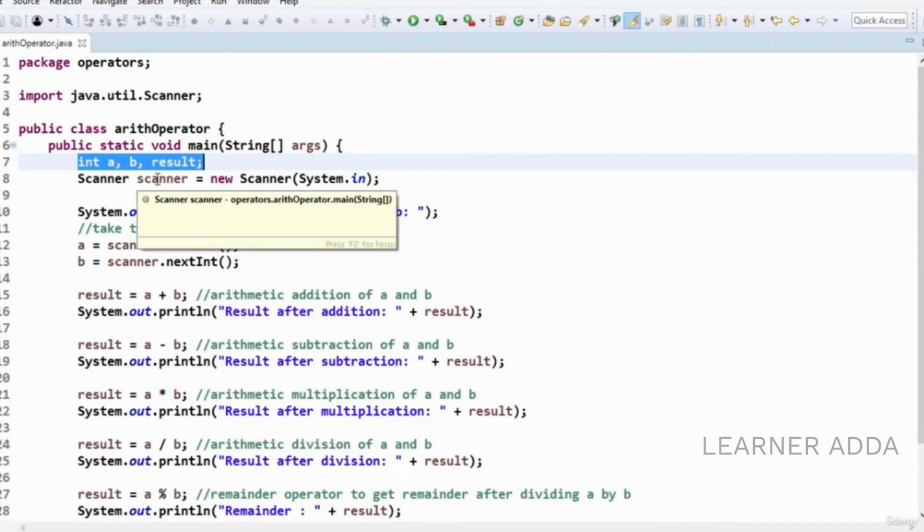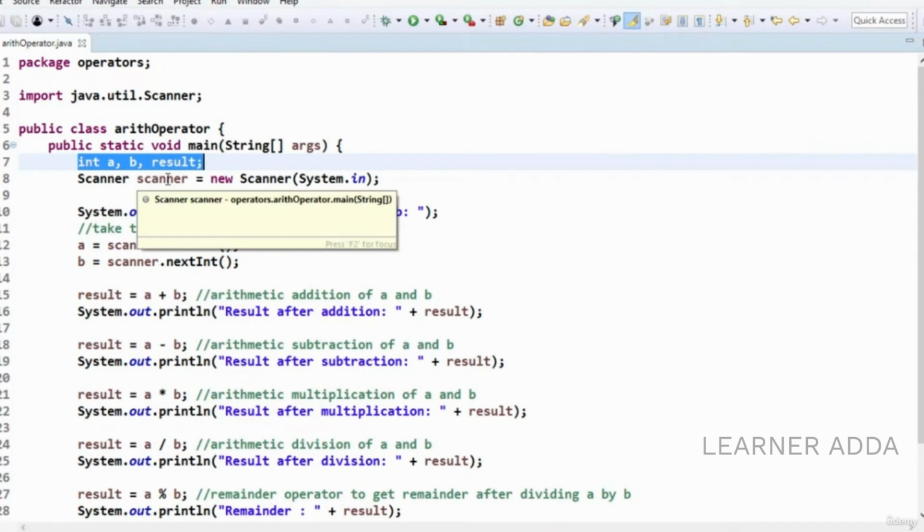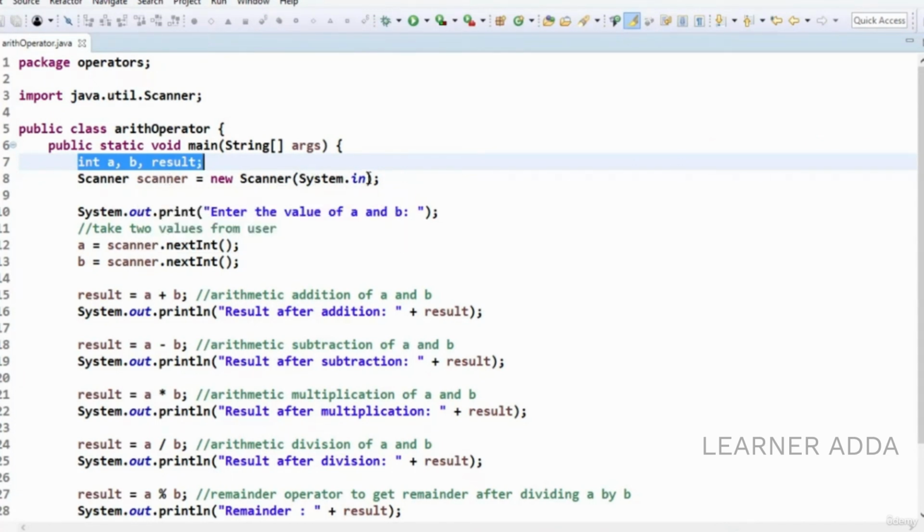Using this scanner class object, we shall take inputs from the keyboard, and then we are going to perform addition, subtraction, multiplication, division and other arithmetic operations using Java arithmetic operators. So Scanner equals new Scanner. This new Scanner is a constructor we are calling, so that we can instantiate this scanner object. And System.in depicts that from the system's default input device, that is our keyboard, we will be getting a stream